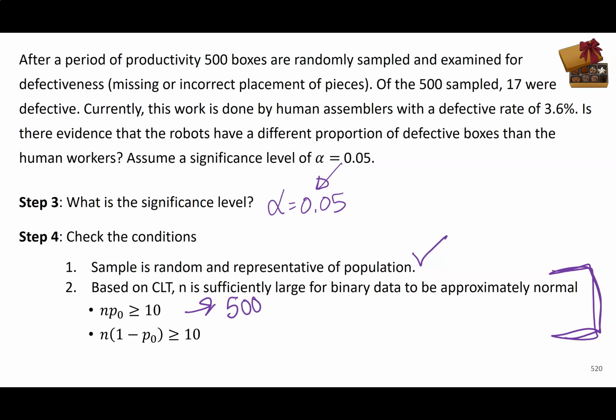So 500 times 0.036 is going to come out to 18. So if the null is true and really 3.6% of the robot's boxes are defective and we took 500 boxes, we'd expect around 18 on average to be defective. And this is at least 10, so that's good. And conversely, if we expect about 18 on average to be defective, that means we expect 500 minus 18, or 482,